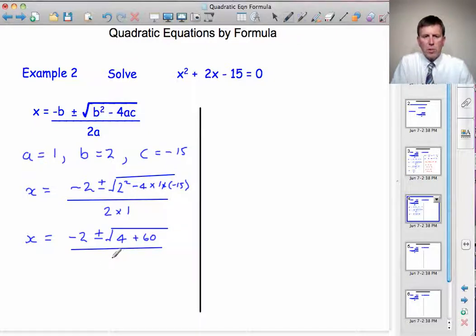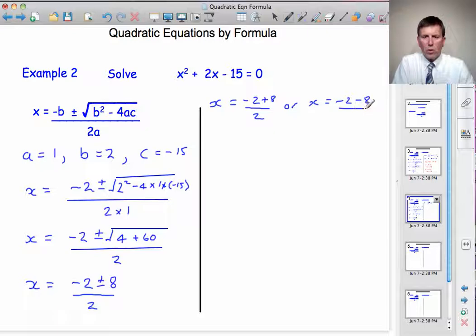And that's over 2 times 1, which is 2. So x is equal to minus 2 plus or minus 4 plus 60 is 64. The square root of 64 is 8. So it's minus 2 plus or minus 8 divided by 2. So the two answers: x equals minus 2 plus 8, all divided by 2, or x equals minus 2 minus 8, all divided by 2,